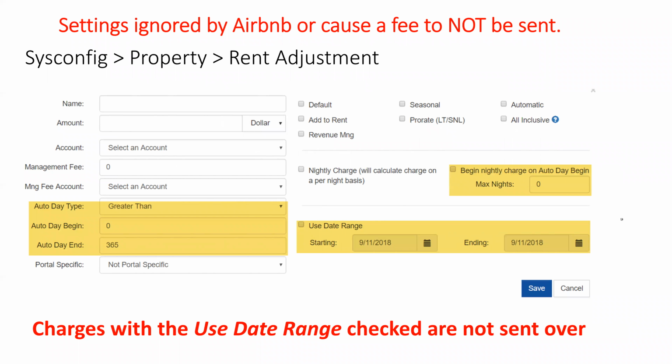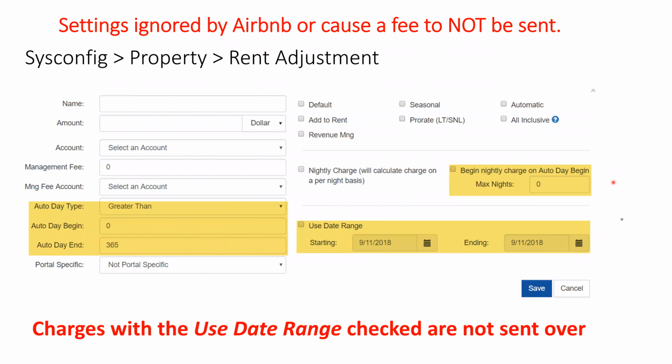And the things that I'm talking about here that aren't recognized, the same applies to the guest charges as the rent adjustments. So first of all, the auto day settings, auto day type, begin, end, equal to that you see in the guest charges,